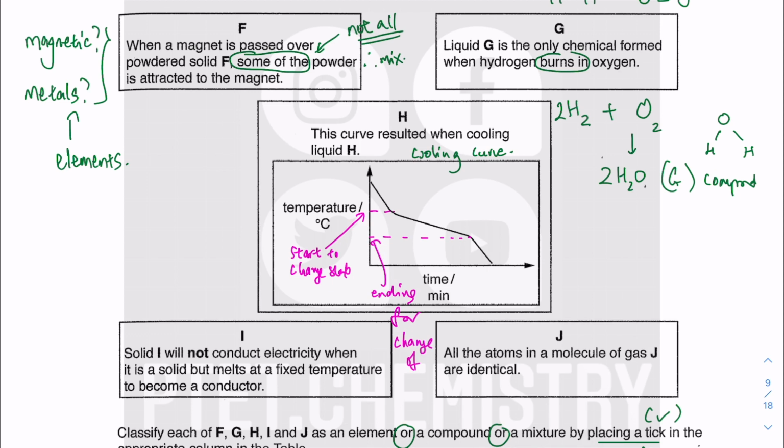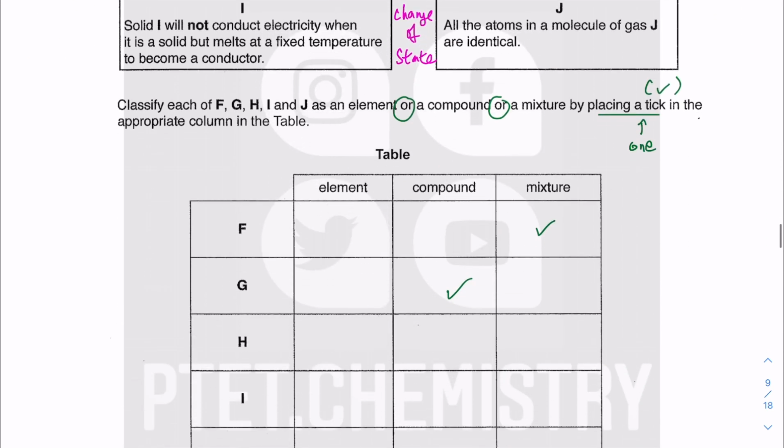And when we change state for a pure substance, it will have a fixed temperature for the change of state, where this will be a horizontal line, but this is not a straight horizontal line, as you could see when you start to change state versus when you finish changing the state. You have a range of temperature, so you change your state over a range of temperature. So this must be an impure substance, and when you are impure, you cannot be an element or compound, it must be